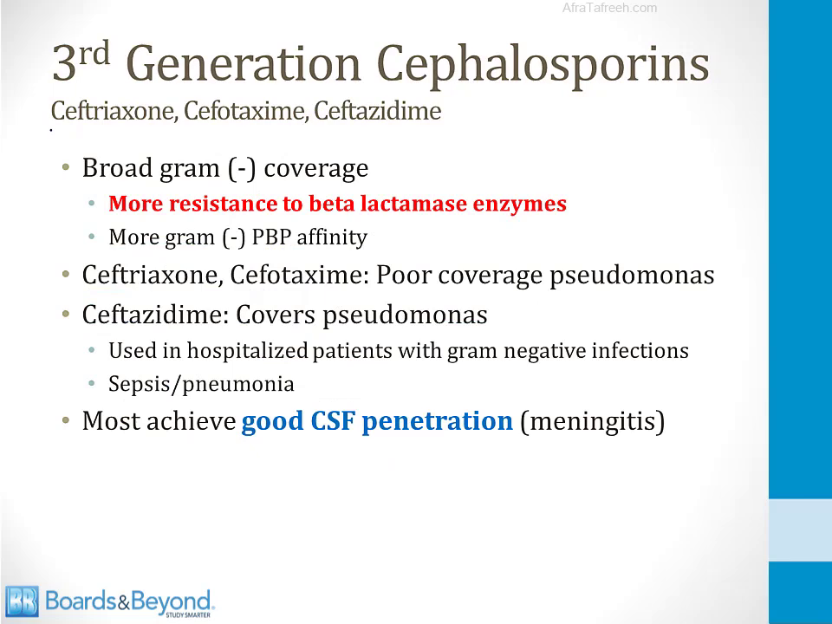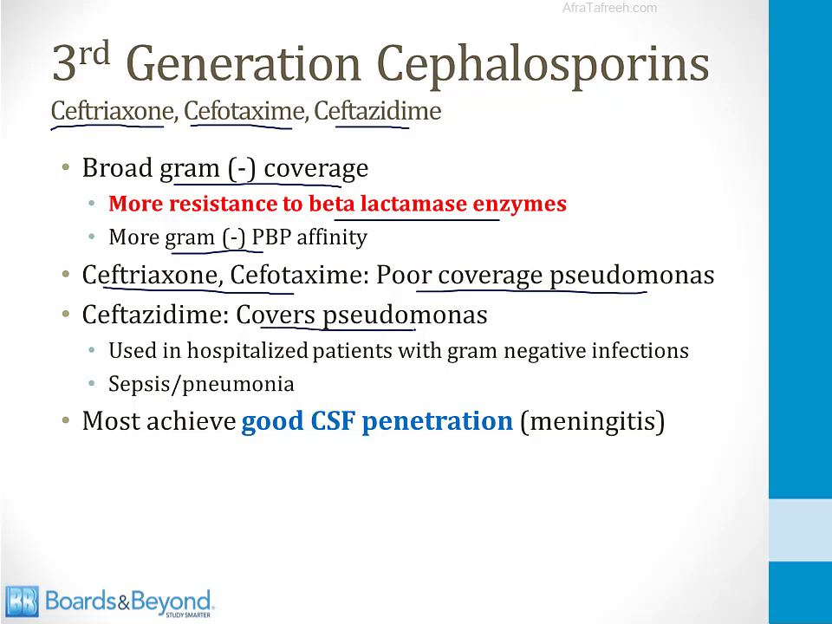Third-generation cephalosporins include ceftriaxone, cefotaxime, and ceftazidime. Compared to the second-generation drugs, these drugs have broader gram-negative coverage. They have more resistance to beta-lactamase enzymes and more affinity for the gram-negative penicillin binding proteins. Ceftriaxone and cefotaxime are different from ceftazidime in that they do not cover Pseudomonas well. Ceftazidime's advantage among the other drugs in this class is that it covers Pseudomonas, therefore it's often